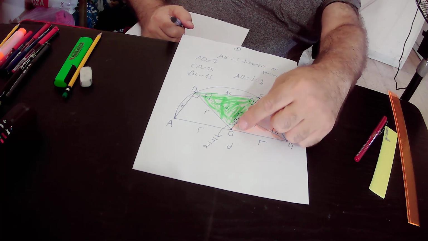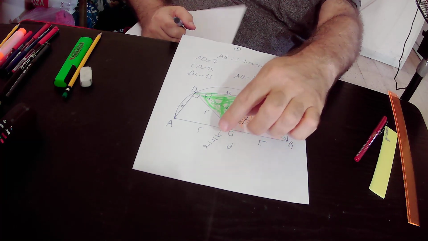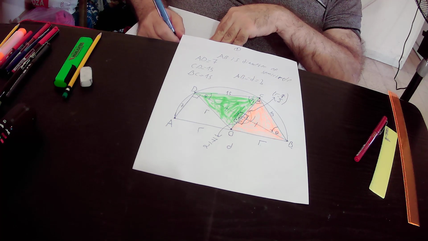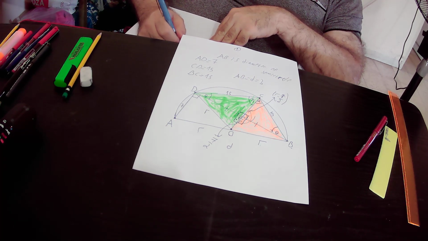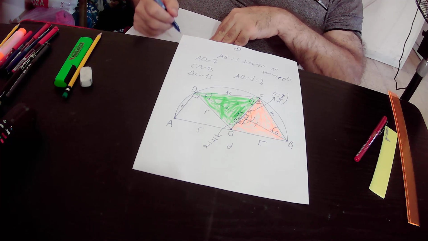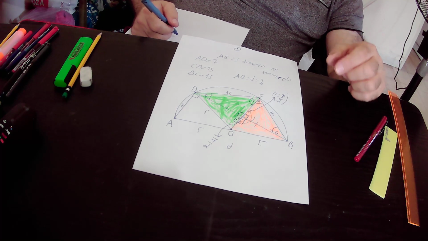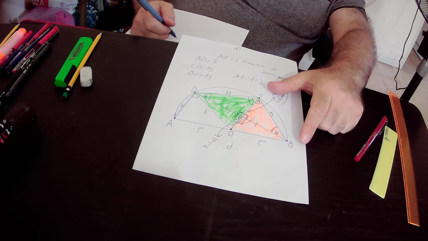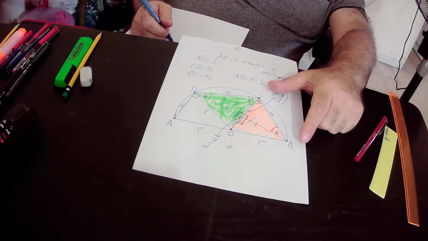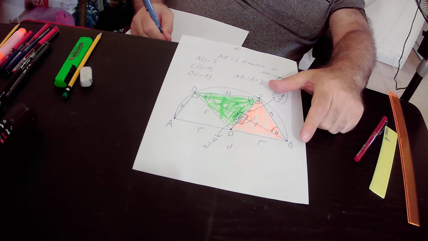We have already found out that OE equals 7 over 2 units, so OE square is 7 over 2 square, equals to BC square. What is the value of BC? BC equals 15 units. It is given in the question. So BC square will be equal to 15 square